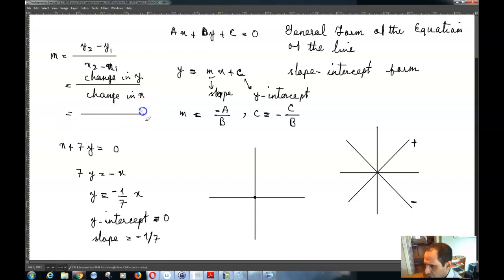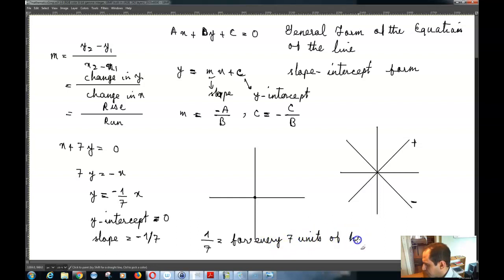They also call this rise over run. That means the denominator is the change along the horizontal axis, and the numerator is change along the vertical axis. So 1/7 tells you that for every 7 units of horizontal change,